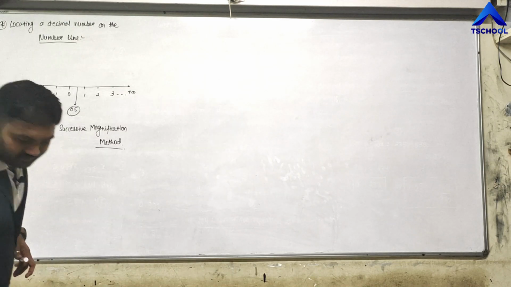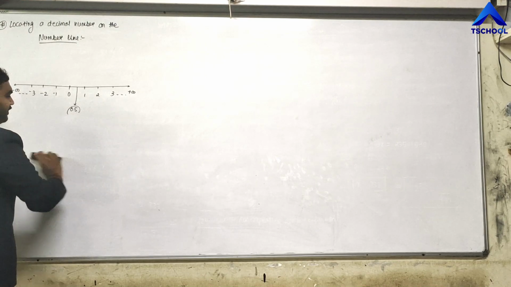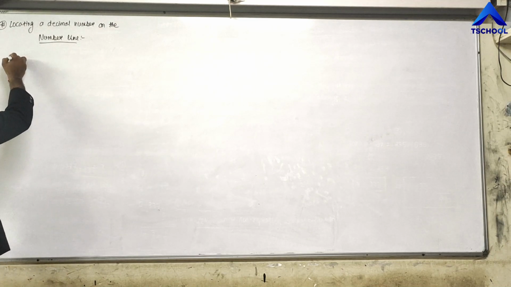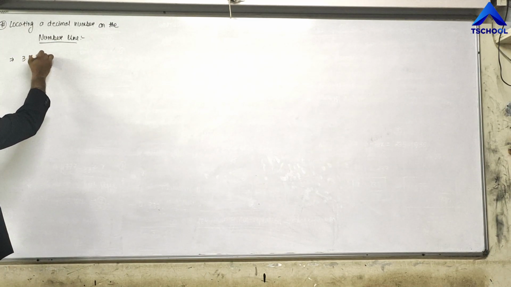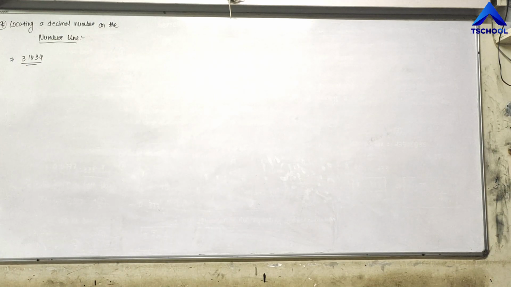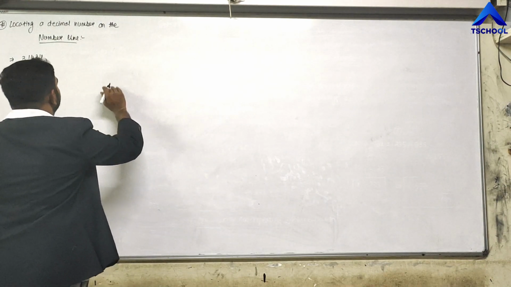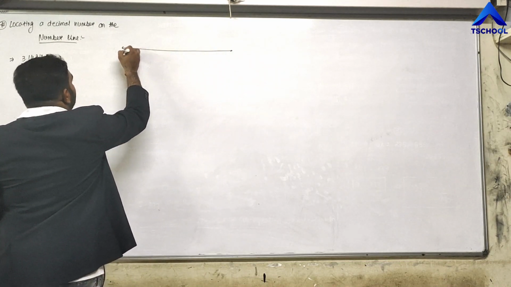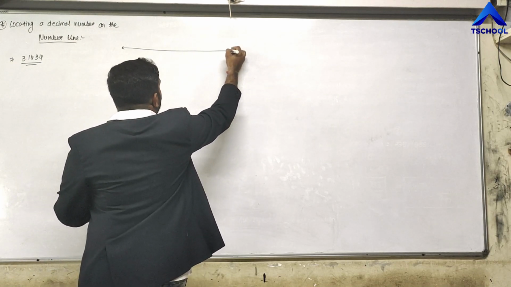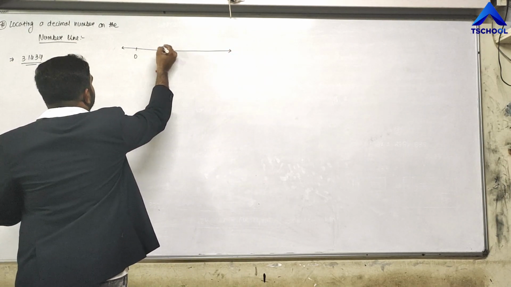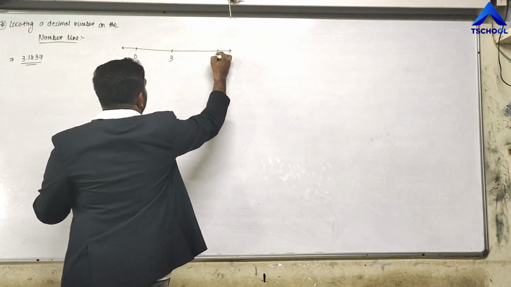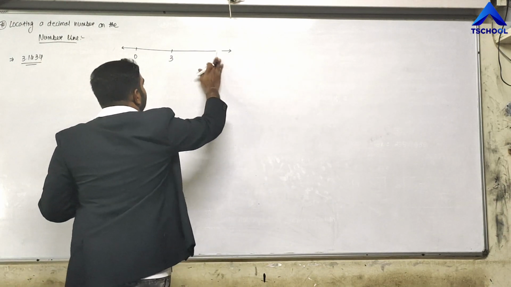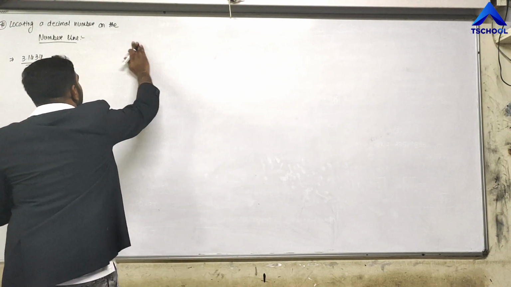So let us say, for example, I have 3.1434 to be shown on the number line, right? What is the number given? 3.1434. I want to locate this on the number line. First of all, I am going to draw a number line which shows 3 and 4 only right now, right? So if I say that this is 0, here it is 3 and here it is 4, I shall draw it somewhat bigger, or let me draw it like this only by our regular number line, so that you can come to know